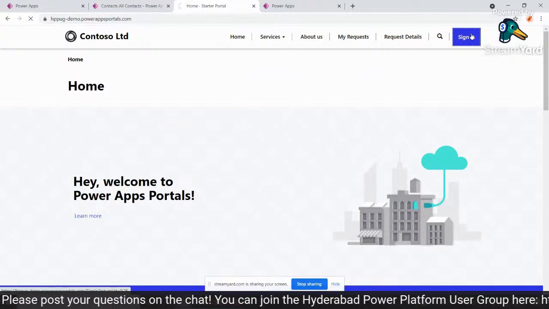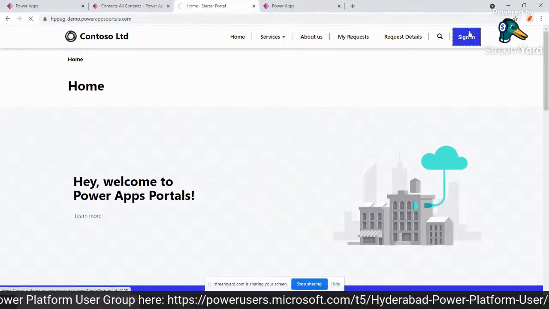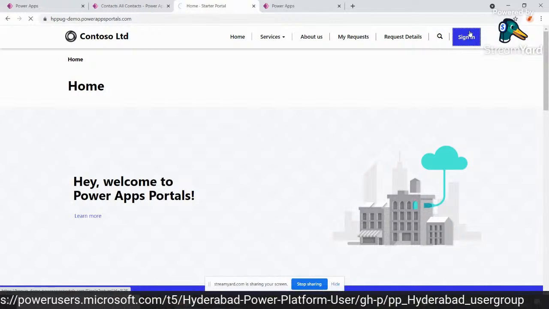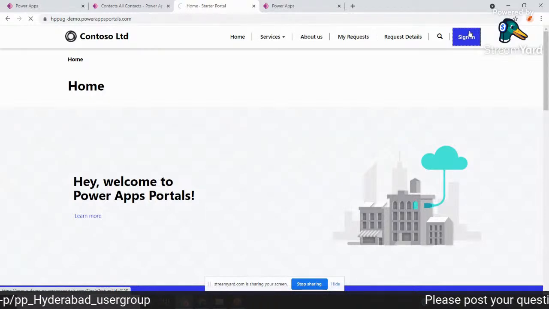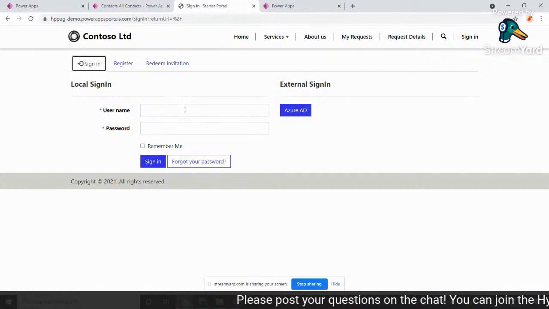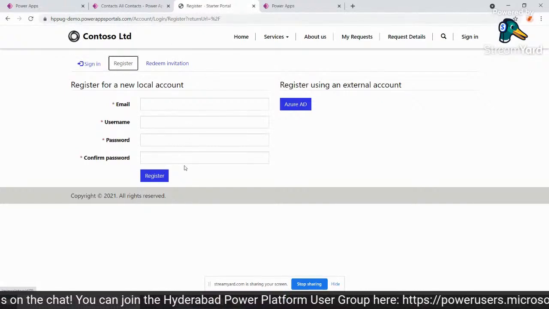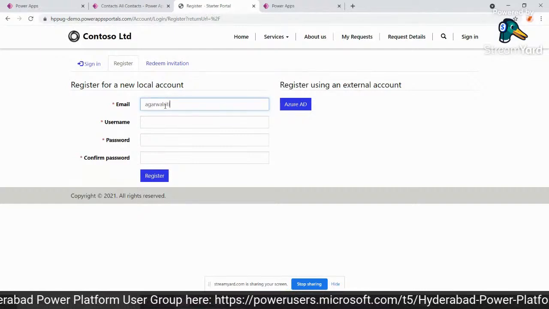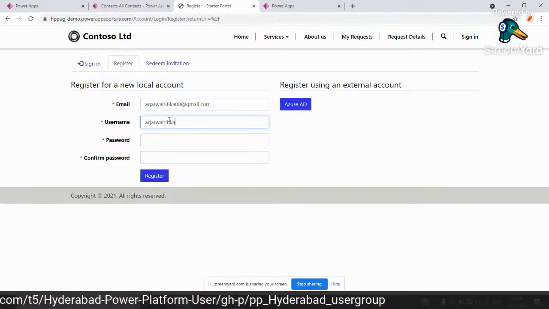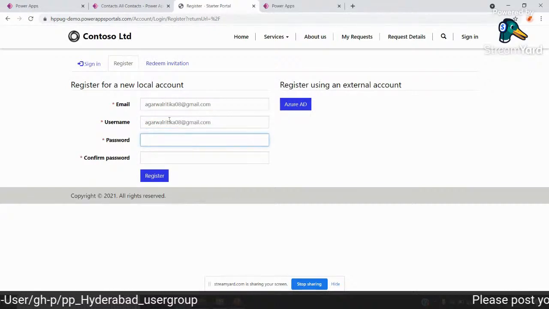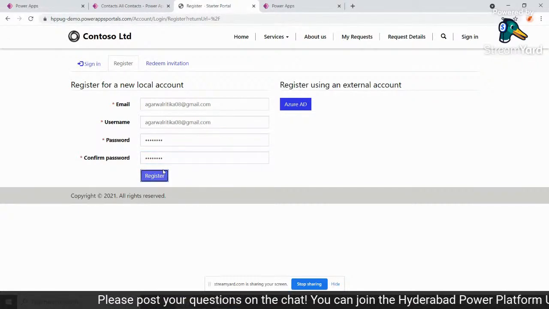Now coming to sign in properties, like what different options are there. Okay, so I'm trying to open a page. Probably it is taking a little bit of time, but here are a few options which are available. You can create a local sign in by using the register option: provide your email, username, password, and you are in. Let's try that also. So I'll enter my email ID, add the same thing in the username, and add a password. Now, if I register,